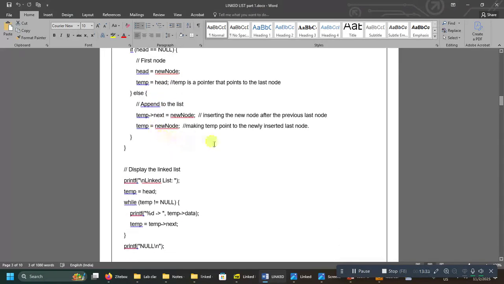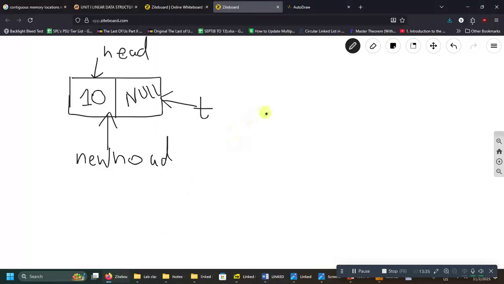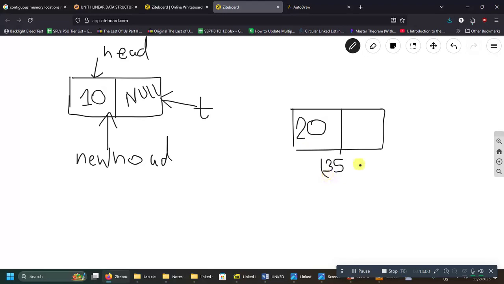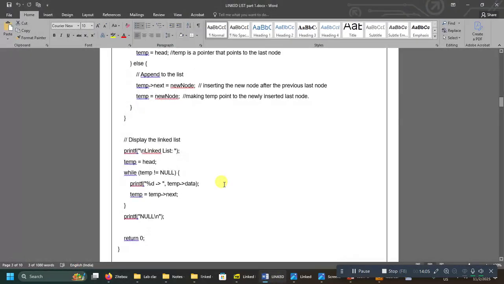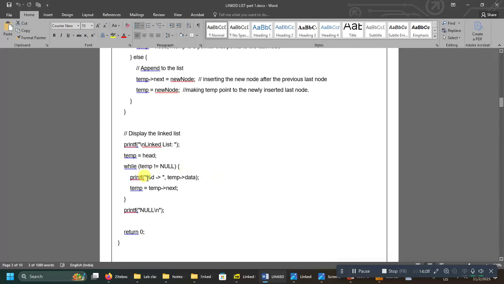Now let us say we want to add a new node, another node to our linked list. Our first node is already added, we want to add a second node. So we have created a second node over here. We have put the element 20 over here, and let us say this is stored at the memory location 35. So this new node containing 20 is stored at the memory location 35. Now we have to link it with the previous node. How will we do that? To do that, what we'll do is,